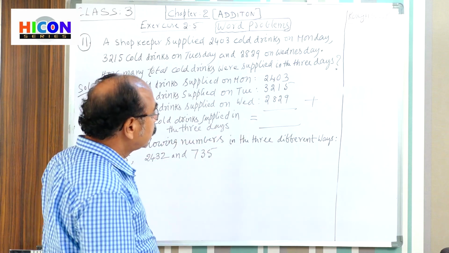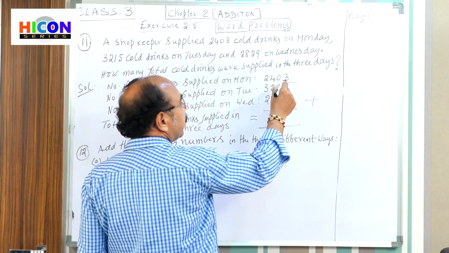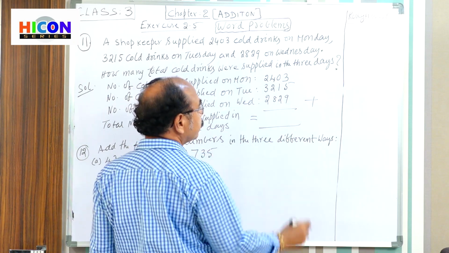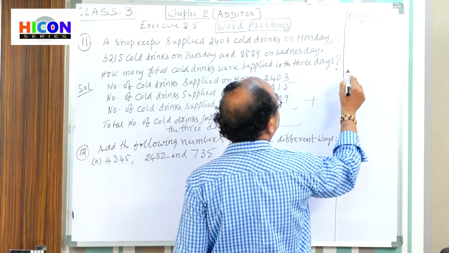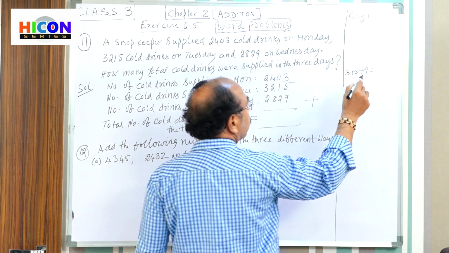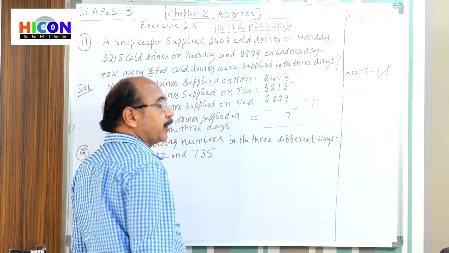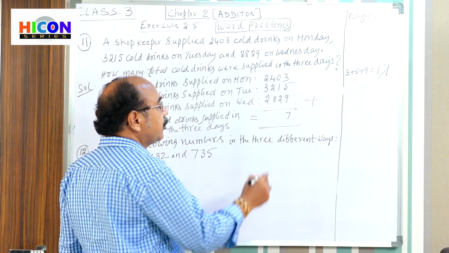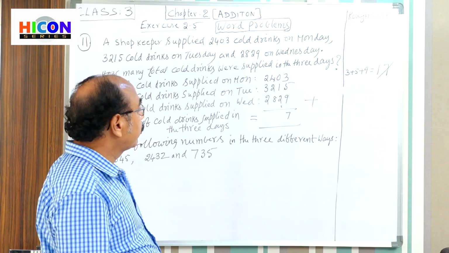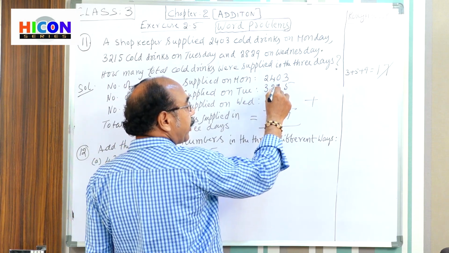Okay. Now, we go for addition. Add the units digits: 3 plus 5, 8. 8 plus 9, 17. Strike off 7 and write 7 in the units place. Now, 1 is written in the tens place column, carried over.